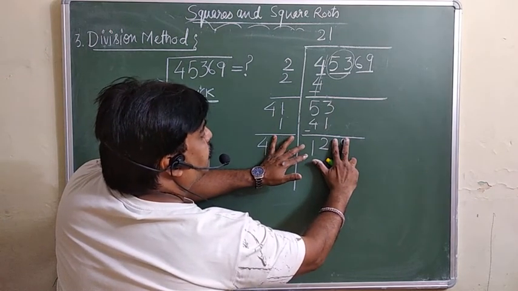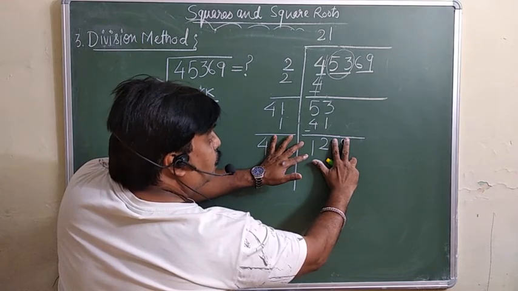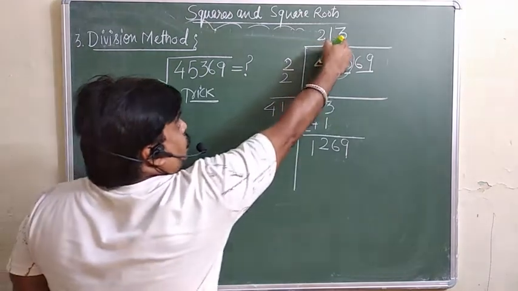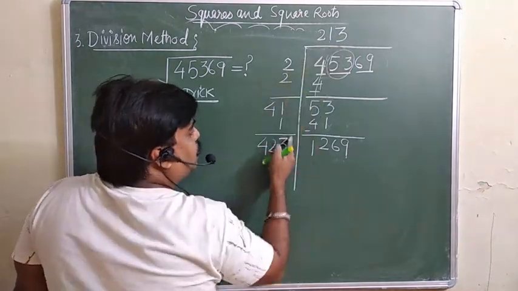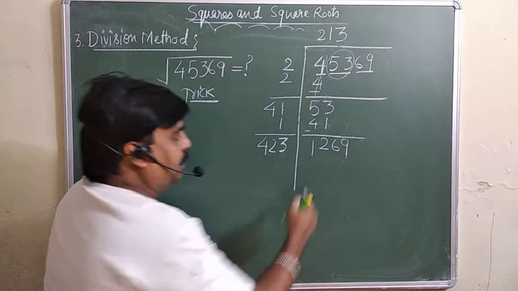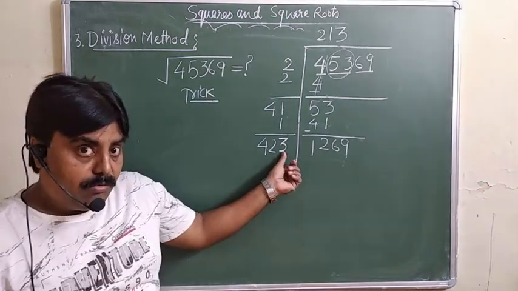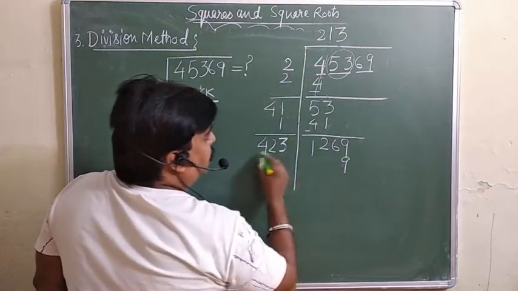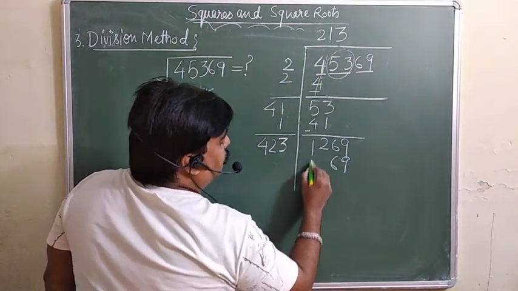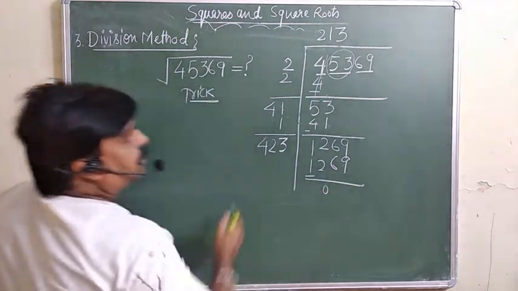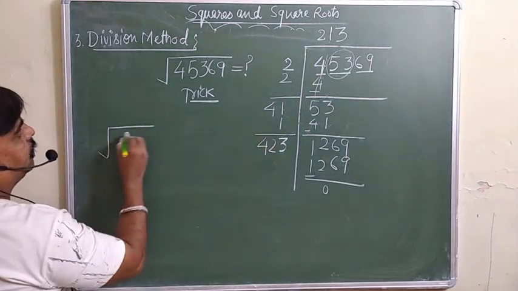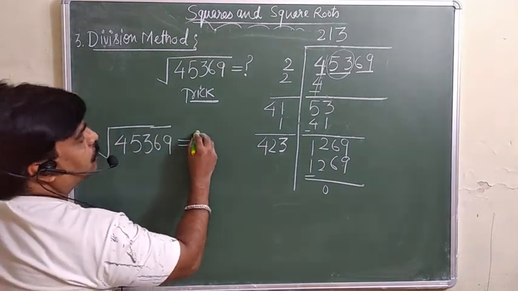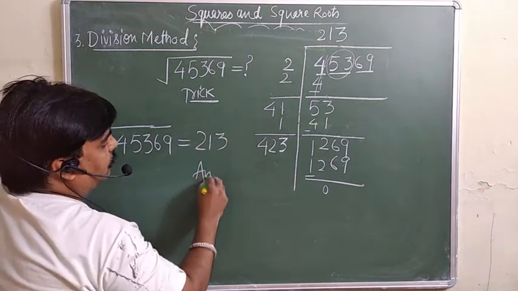4 से 12 we will divide approx 3 times. 4 3 is 12. It means 3 हो सकता है. So you must add 3 here and 3 here. And now this 3 you have to multiply with this one. अगर मैं 3 से इसको multiply करता हूँ, that value is coming more than this one. अगर इससे ज़्यादा आता है, it means you have to change this number. You must write down 2. But by this 3 we will multiply this one. 3 3 is 9, 3 2 is 6, and 3 4 is 12. So you are getting 0 here. So it means the square root of 45369 is equal to 213, which is your answer here.